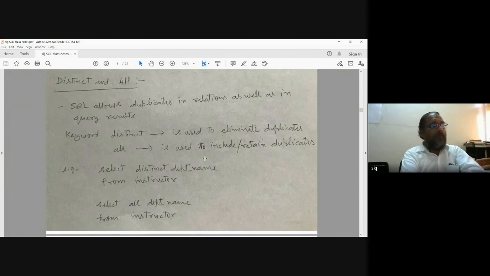But in set theory, in your discrete mathematics course, there is one more definition called multi-set. In a multi-set, the object may be repeated, or one object can have repeated existence.